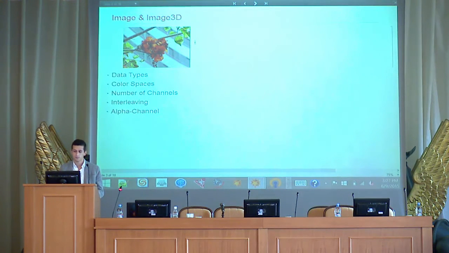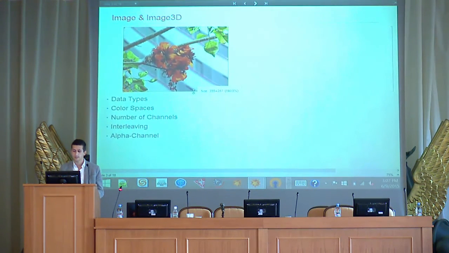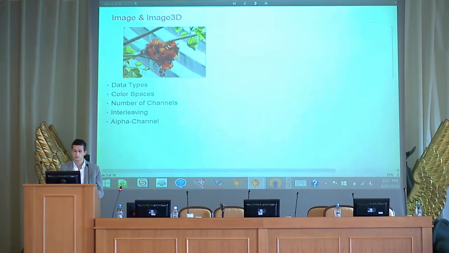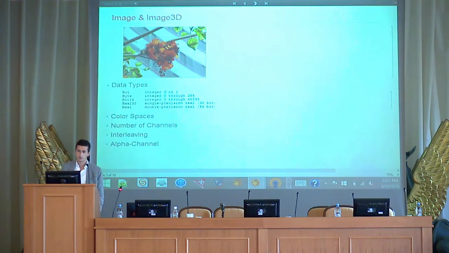So when having some image like this, you can import it, you can resize it. If you left click on it, you can move it, you can see the size dynamically changing, and basically you have all operations when you right click on it. The data types of image that are supported in Mathematica are 5 of them: Bit, Byte, Bit16, Real32, and Real. In general, this is quite enough to support